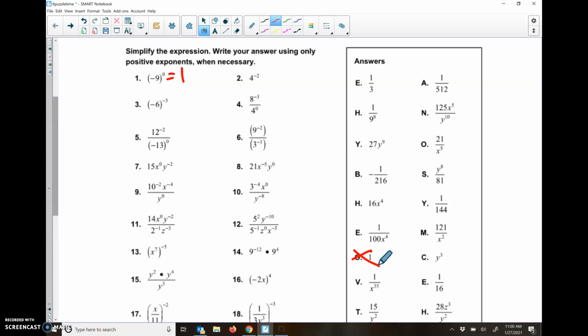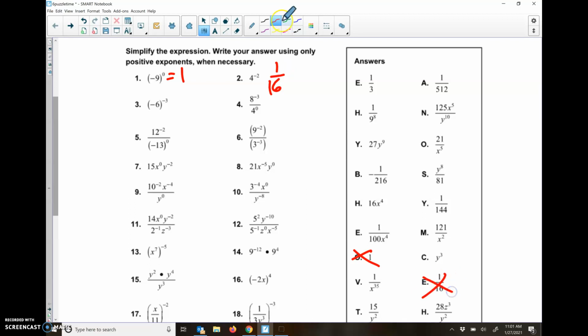And then number 2, we have 4 to the -2nd power. So remember, when we have ones like this, it's a good idea to think of it, what's 4 to the +2nd power? And then we pretty much just put a 1 underneath it. So we have 4 to the 2nd power is 16. So 4 to the -2nd power would be 1 over 16. And that would be letter E